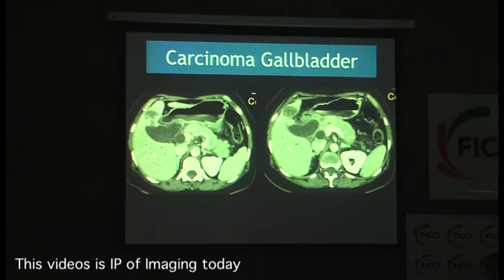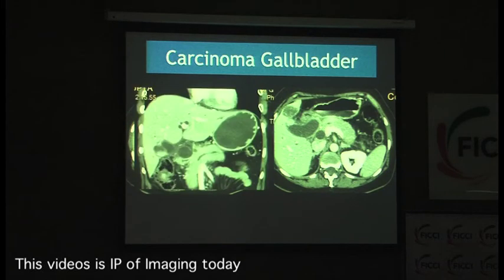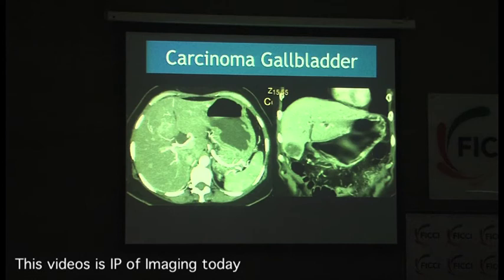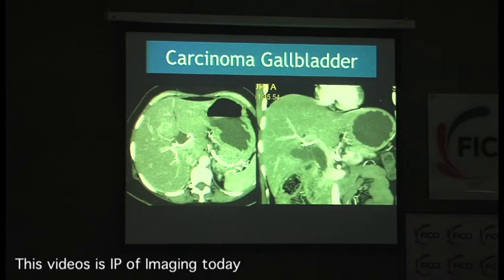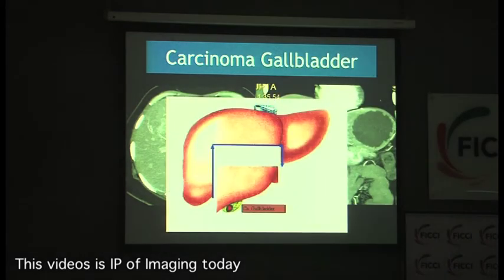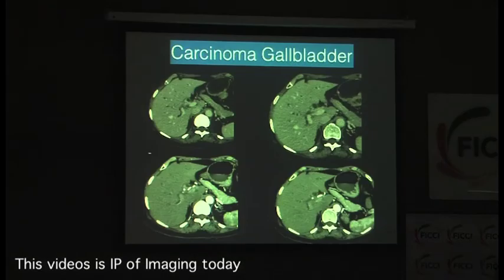Okay, for carcinoma of the gallbladder. Now, how does the surgeon decide what surgery I am going to do? When he comes to you and says, is this carcinoma resectable? There are various things he is looking at, and you have to decide, you have to tell him what he can do. So this is a local tumor, right? Just involving a little bit of the liver. Nothing great. So what you can do, the right hepatic artery is free, the portal vein is free, and all he has to do is take out the gallbladder mass with a little bit of chunk of the liver, what they call a radical cholecystectomy.